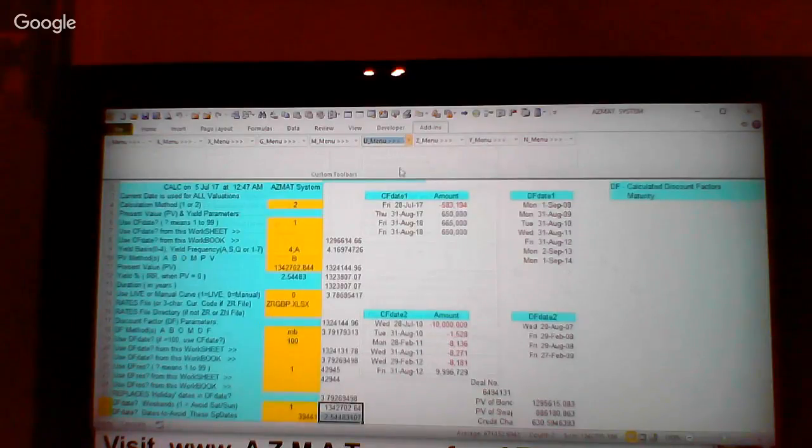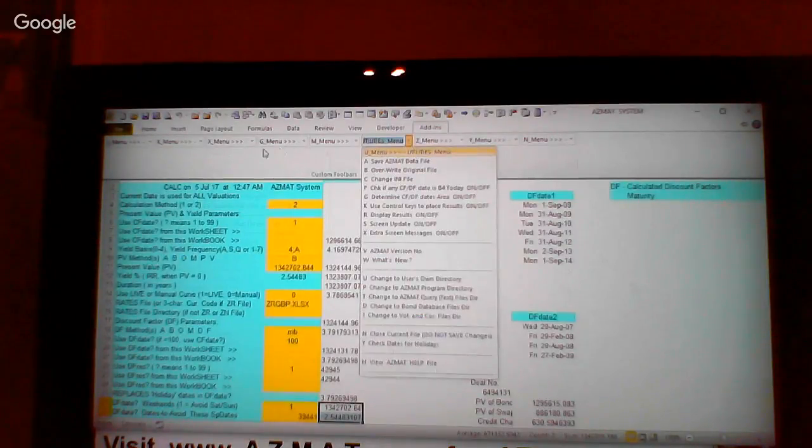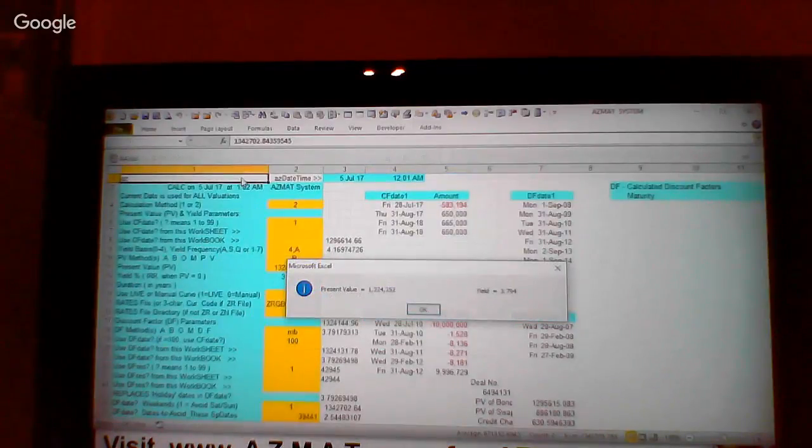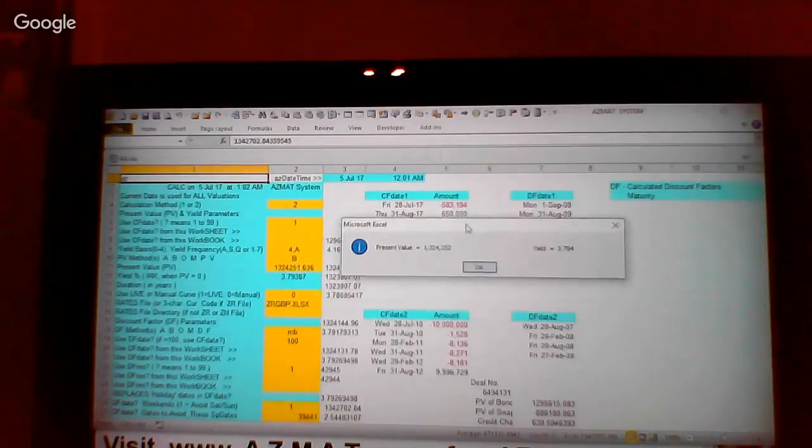Okay, so I go back here, X menu, and I want to calculate present value and yield. These values are already here, remember. So while it's doing that, 1324252, yield is 3.794, very different to what you have here. If you move this one here, you can see that